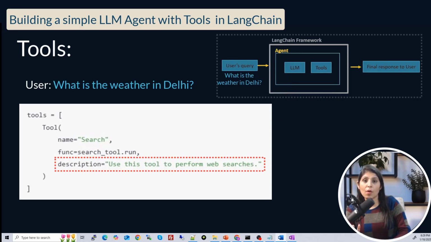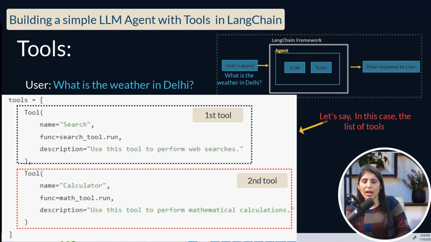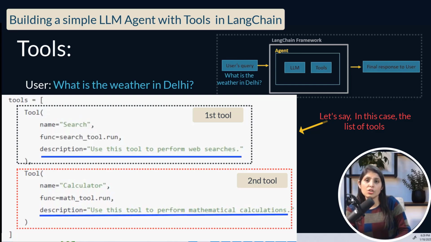So the second step of the agent is that the agent will select the right tool to perform the task as per the user's query. Now the LLM will check the list of tools we have provided. In tools, we can provide a list of tools. From that list, our LLM will see which tool suits the requirement. How will the LLM know which tool suits the requirement? It will read the description of each tool to decide which one fits the user query the most, and then it will pick the tool which fits the user query.